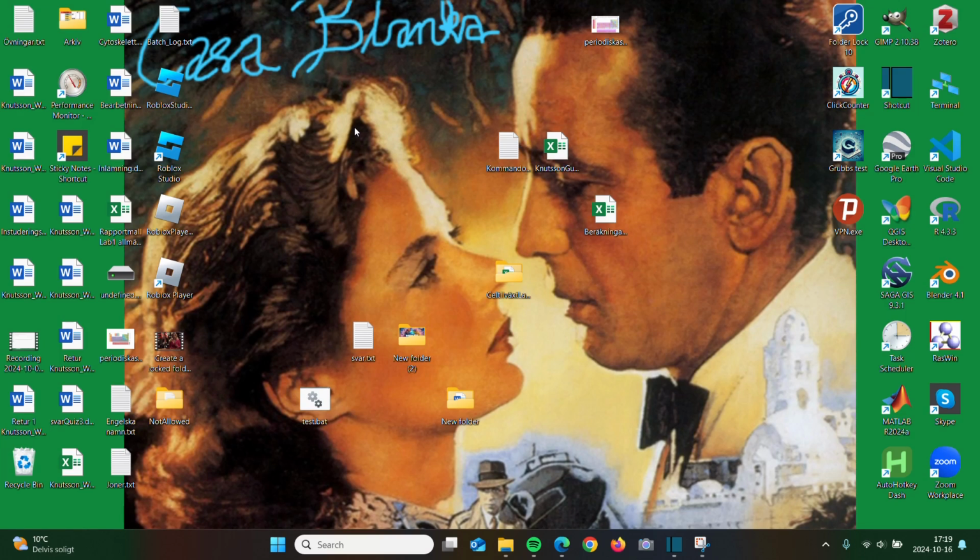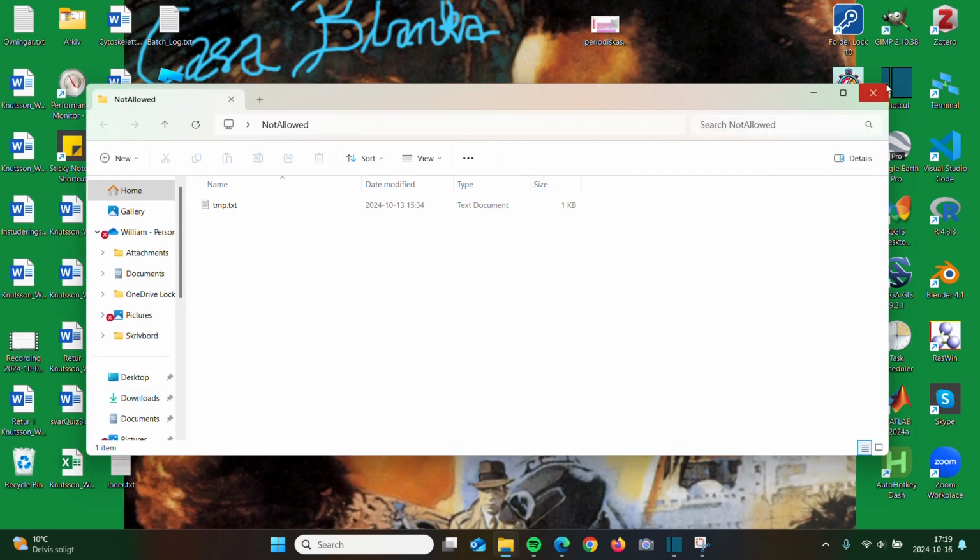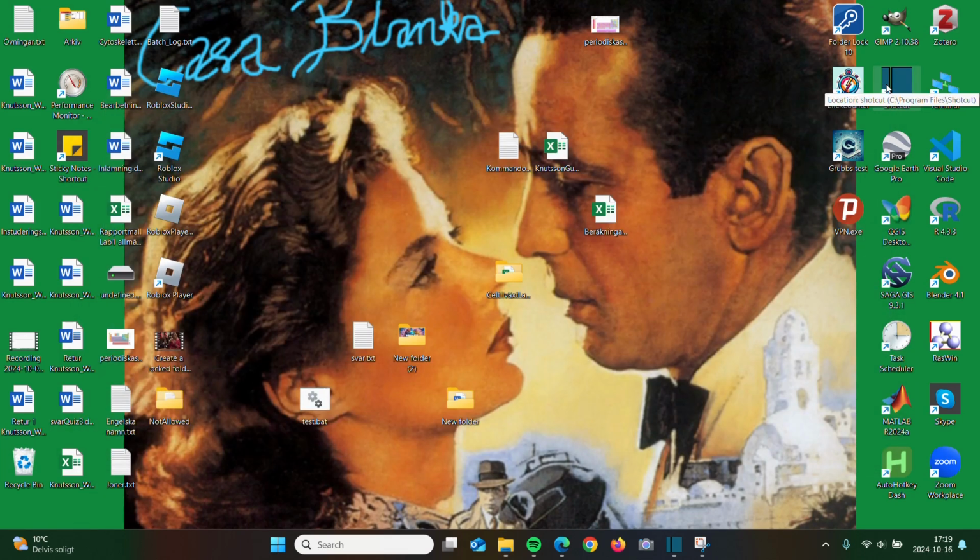In those VBS files, we have two bat files, two VBS files, and one folder with the content we want to hide. Those two VBS files will run the bat files that will lock and open the folder. And the VBS files themselves will be run by Task Scheduler on the events: log on when you log in on your computer and log off when you log off away from your computer